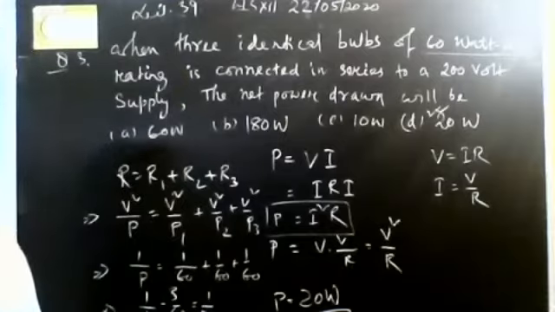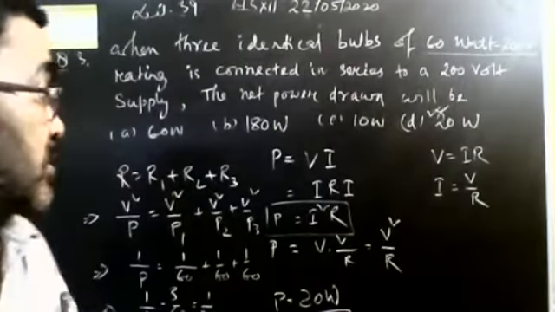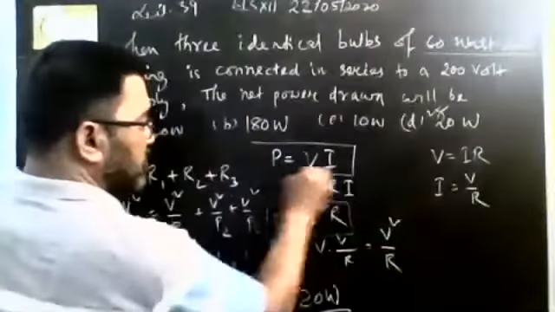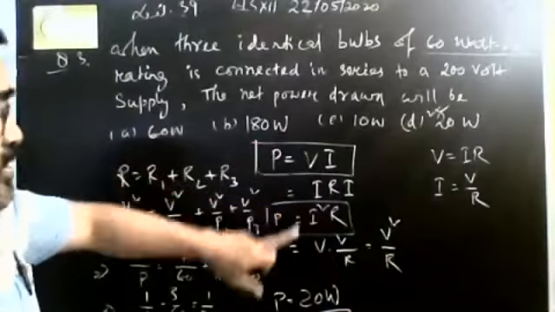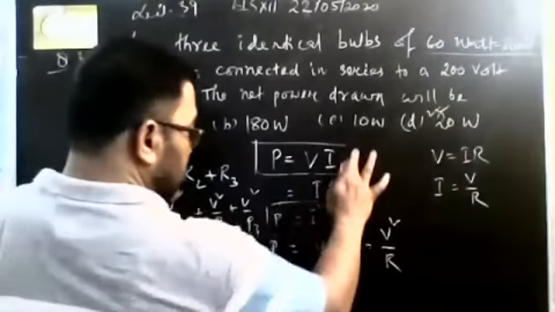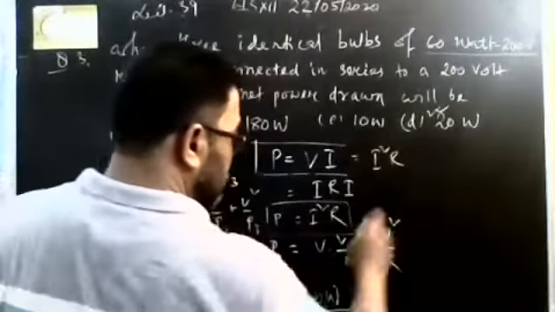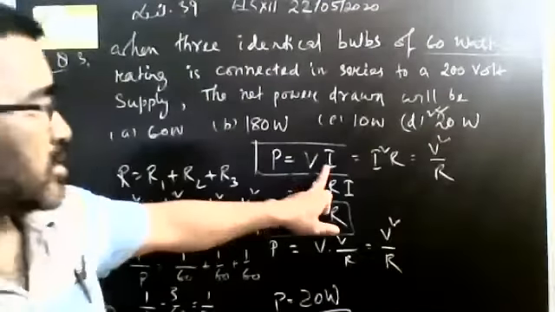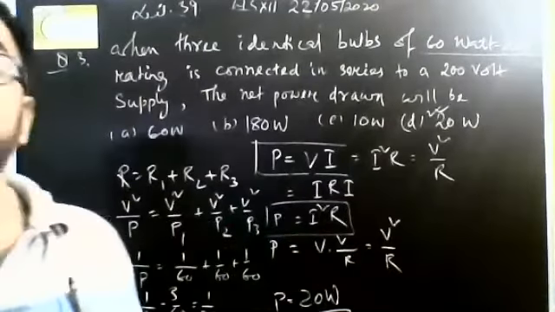We have another problem also. Can you follow this? You have to remember the expression for power, right? When we say power, we must understand and know what it means. Then we can write it in different ways, that is, power is equal to I square R and also equal to V square by R. Whichever is needed, we can use these three relations.